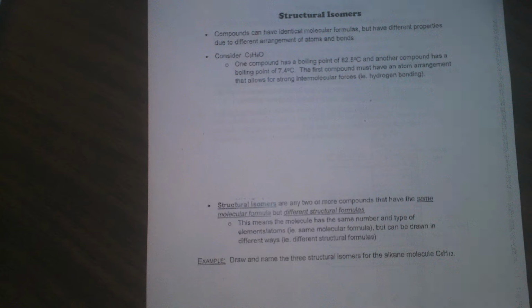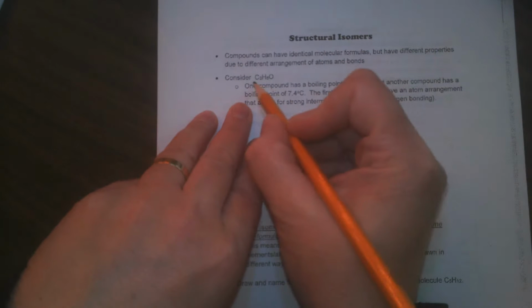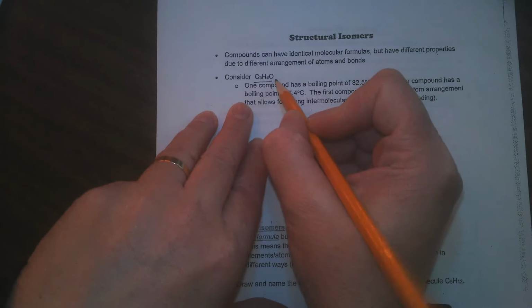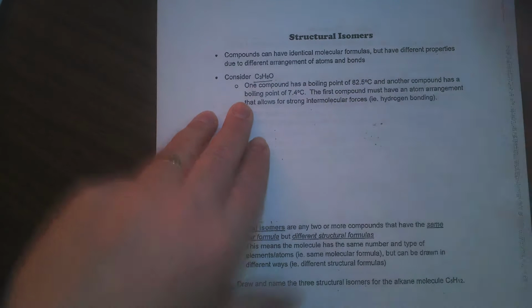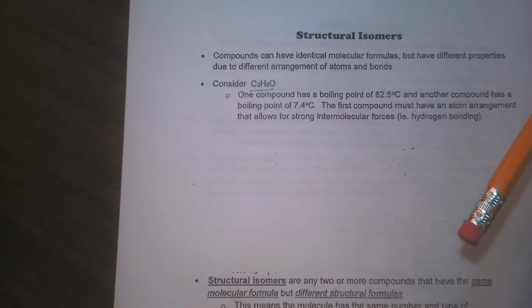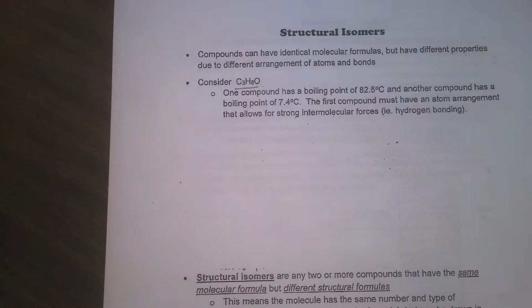Go for structural isomers. We can have compounds that have the exact same empirical formula. And by empirical formula, I mean this here, where we just count out the number of carbons, the number of hydrogens, and the number of oxygens. If we looked at